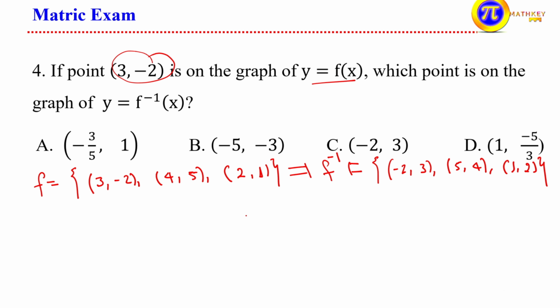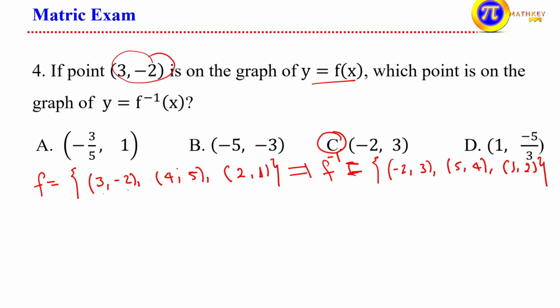That means interchanging the values of the coordinate, that means x with y. If that's so, this becomes what? The inverse of our function f. So the possible value that we have in case of the inverse function is what? Interchanging the coordinates x and y. What is that? You will try to find (-2, 3). (-2, 3) consists in choice C. The choice is C. ይሆናል ማለት ነው።